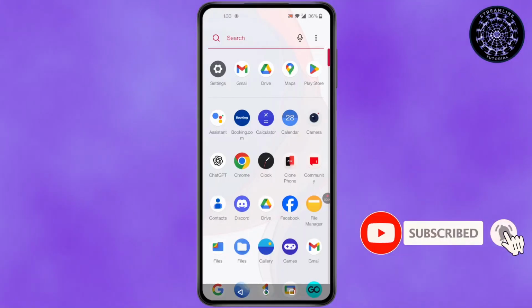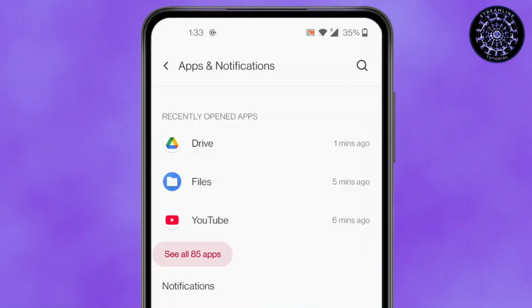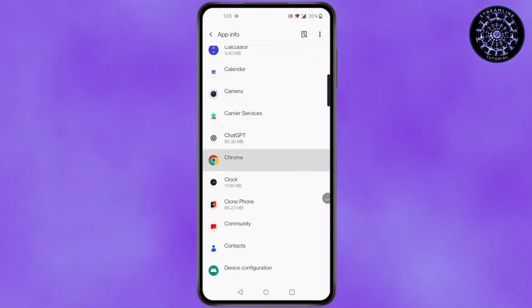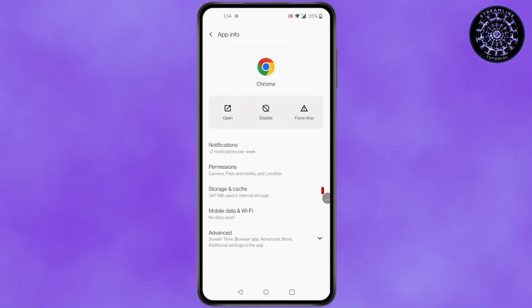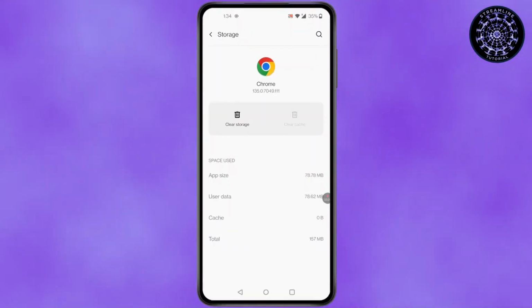First, open settings, scroll down, click on apps and notifications. Then click on see all apps, and then in here search for Google. Click on Google and then go to storage and cache. Clear cache. After you've cleared cache, go back,